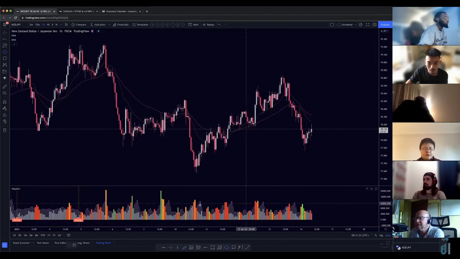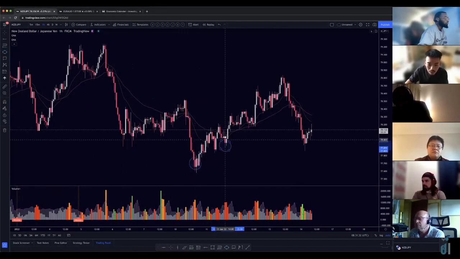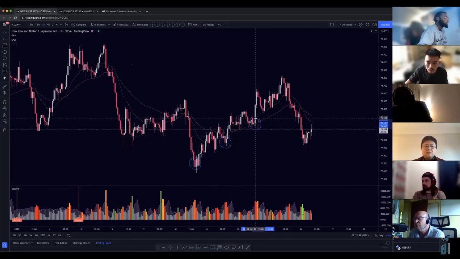Highest volume so far on this uptrend. Here. Here. And here. All right, so far right now, this uptrend is still strong-ish,